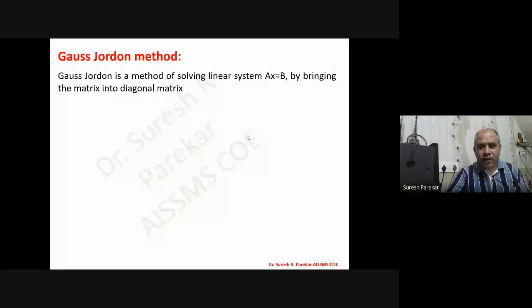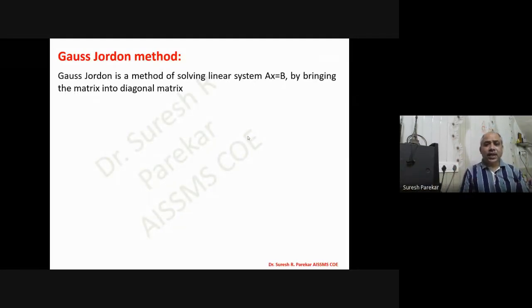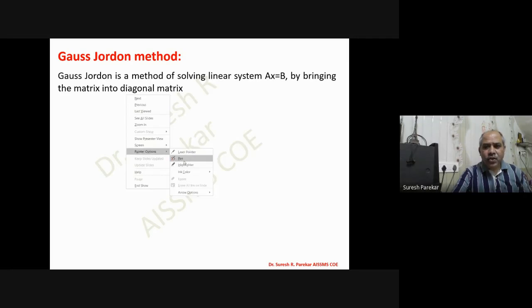Gauss-Jordan method. So we have seen Gauss elimination, we have seen Cholesky, and now we will go with the Gauss-Jordan method. Again, this method we are going to use to analyze a linear system, that is, linear equations with two or three variables. In this, the main part is that we have to make the matrix into a diagonal matrix. What does it mean? Into a diagonal matrix means I have to make all the off-diagonal entries zero.